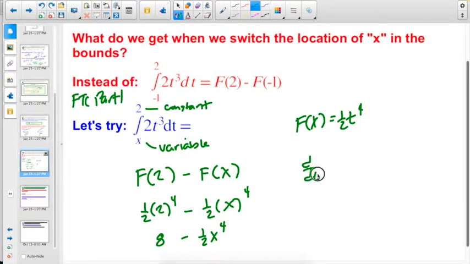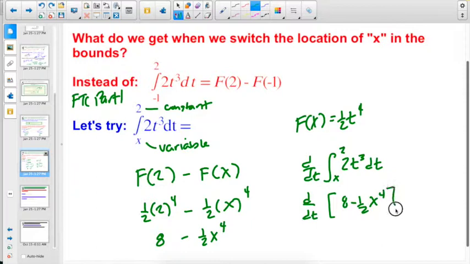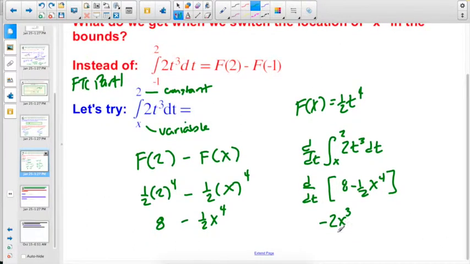So if we would then take the derivative of what we just found, which is the antiderivative of 2t cubed dt, that would be like taking the derivative of this, 8 minus 1/2 x to the 4th. And differentiating that, we get 2x cubed, but we have a negative out front. So if you notice, we can still really just plop in the x. We ended up back where we started, but since the x was in the lower bound,